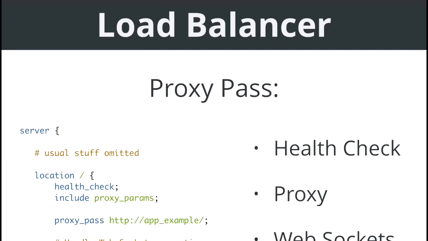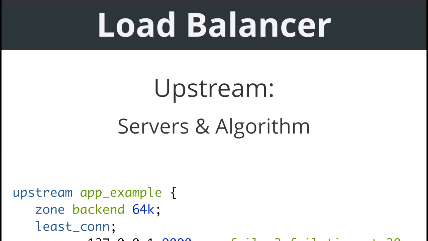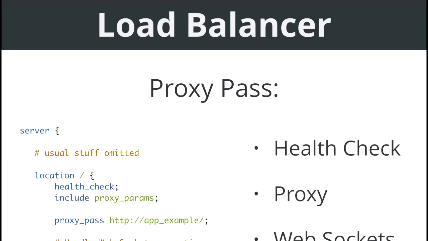And then once again, I include proxy params, which is just a boilerplate thing to use anytime you're proxying to applications or to backend servers. And then we proxy pass to our app example upstream. So we named it app example. And when we proxy pass here, we define HTTP to let Nginx know to send that as an HTTP request